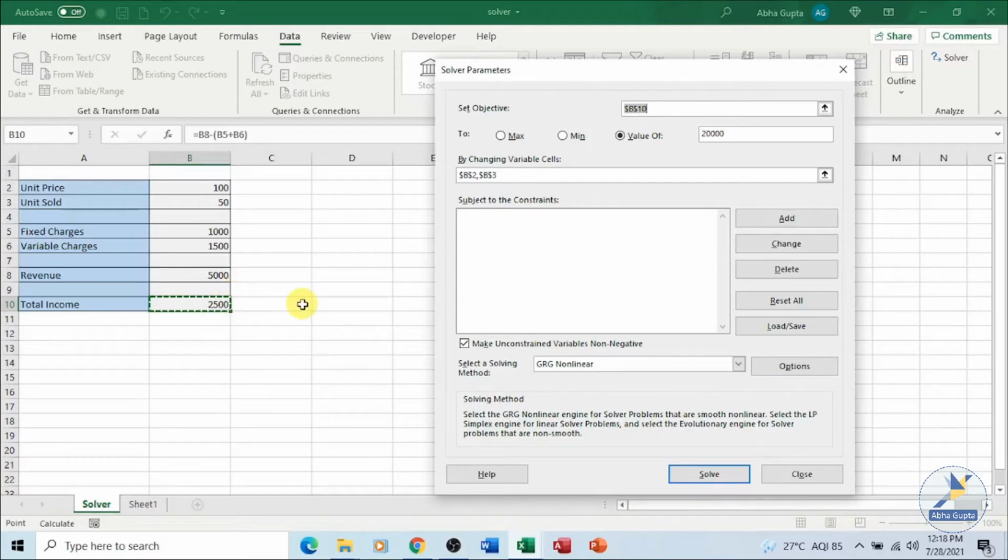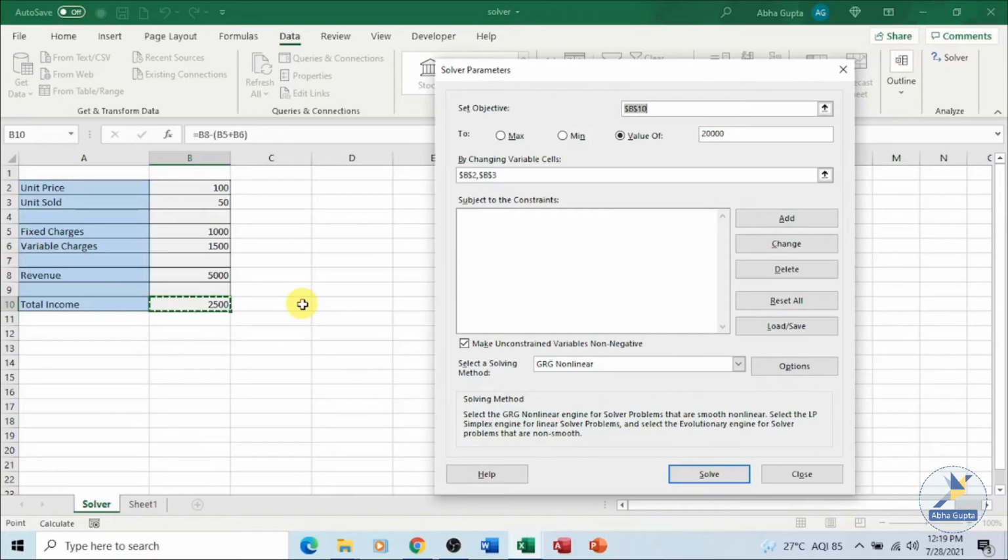The purpose of goal seek was to change the input and get a target value. It was a backward method of finding the solution. Here, using the Solver add-in, given the objective, we are trying to find what unit price or units sold should be changed, how the variables should be changed, so we arrive at the objective we are looking for.